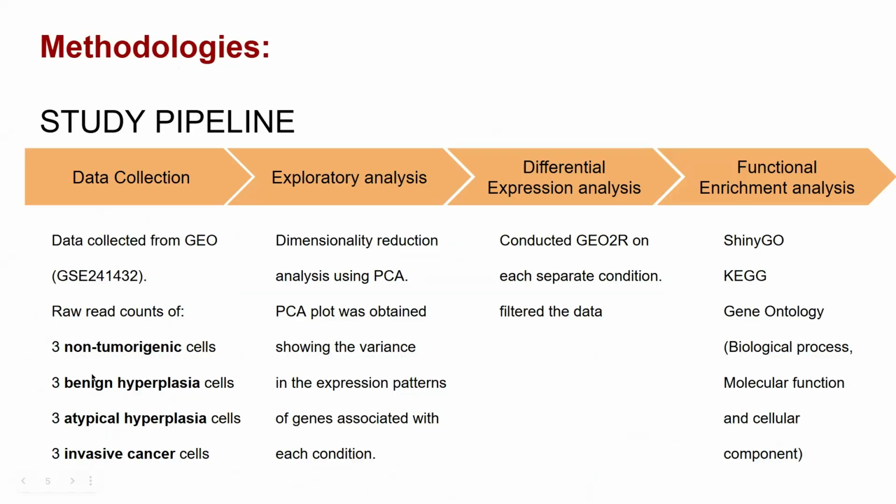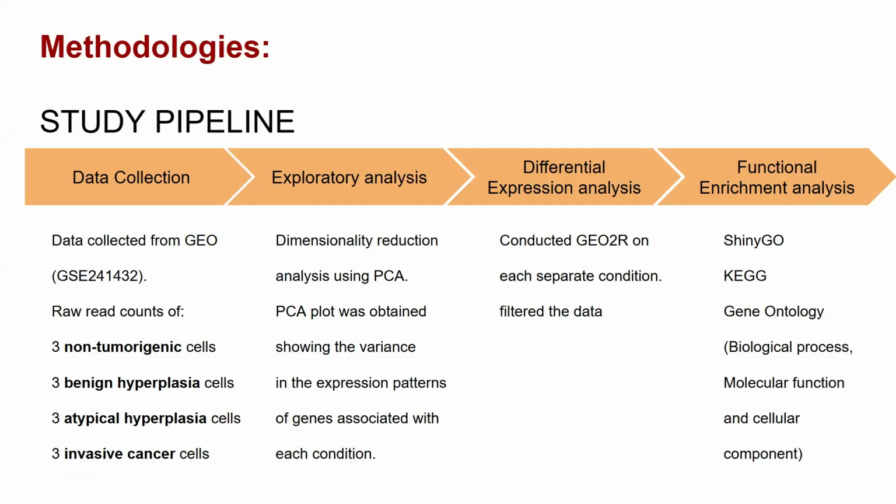First, I collected or retrieved the RNA sequencing data from GEO with the accession number GSE241432, which contained the 12 samples as I already explained. Then I moved to exploratory analysis where I performed PCA, or principal component analysis, which is used for simplifying large data and shows how samples group together. Then I moved to differential expression analysis using GEO2R for each separate condition, where I identified which genes were significantly